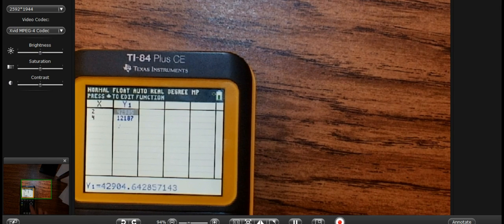Type in 4. We're down to 12,186. Okay, so what's the question? It's right above your table, right above the graph. So once you set it up, you can put your table in. If you've got a bunch of stuff in the X column, you can actually just hit